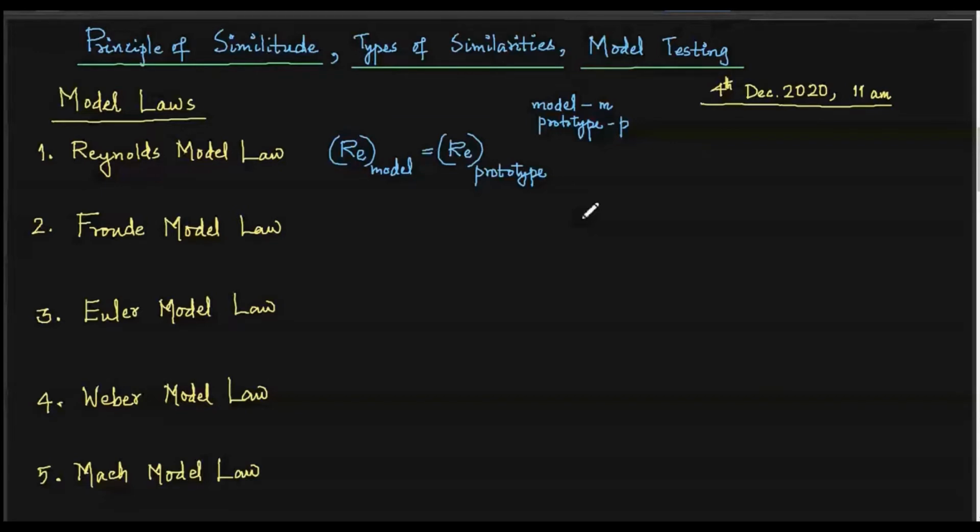See, model and prototype. There are two aspects now. See, prototype means the actual machine. Okay, it's not model. And model in the sense a small scale. Model is actually a small scale replica. A small scale replica of the actual machine to be fabricated, or actual device or instrument to be, or vehicle to be manufactured. So the actual machine or actual device, that is called prototype.